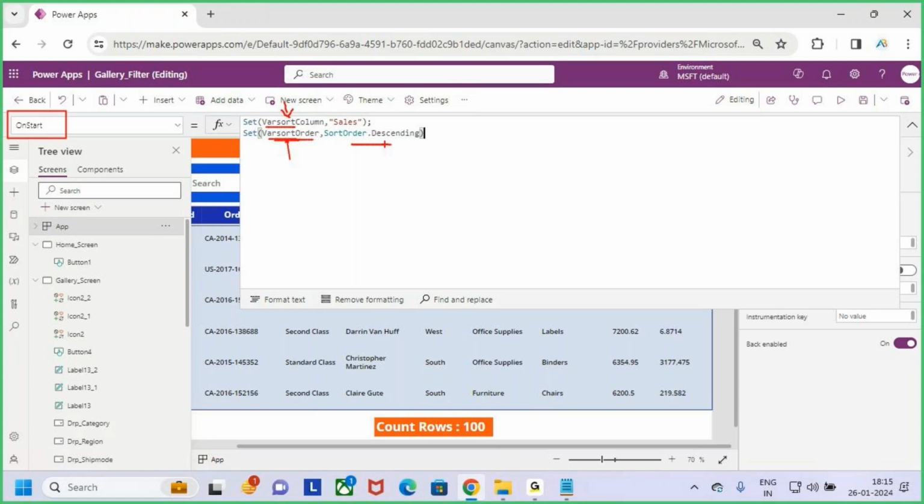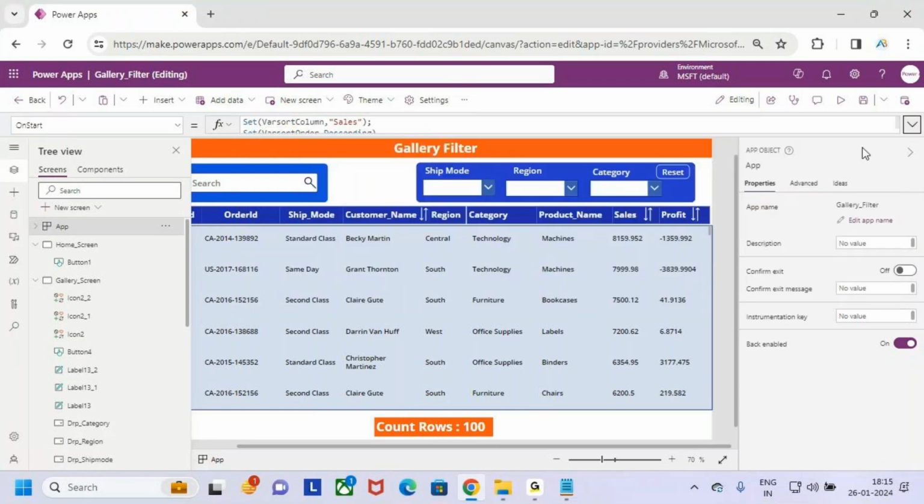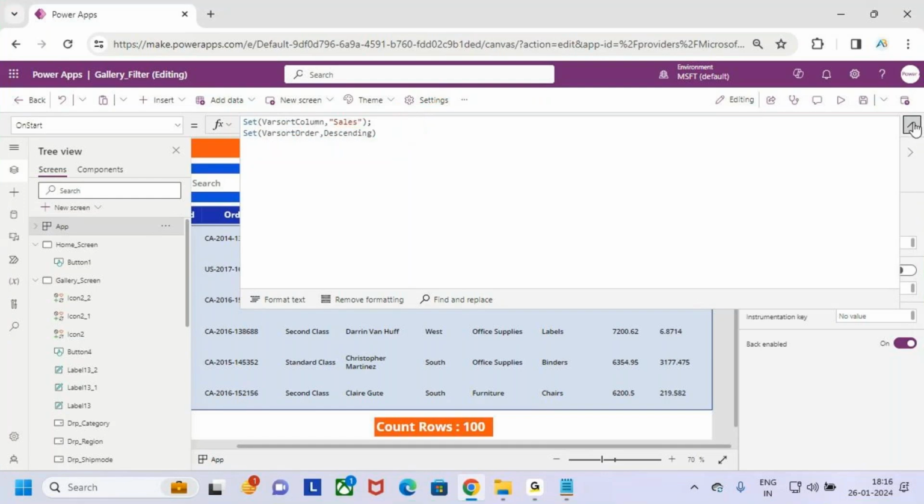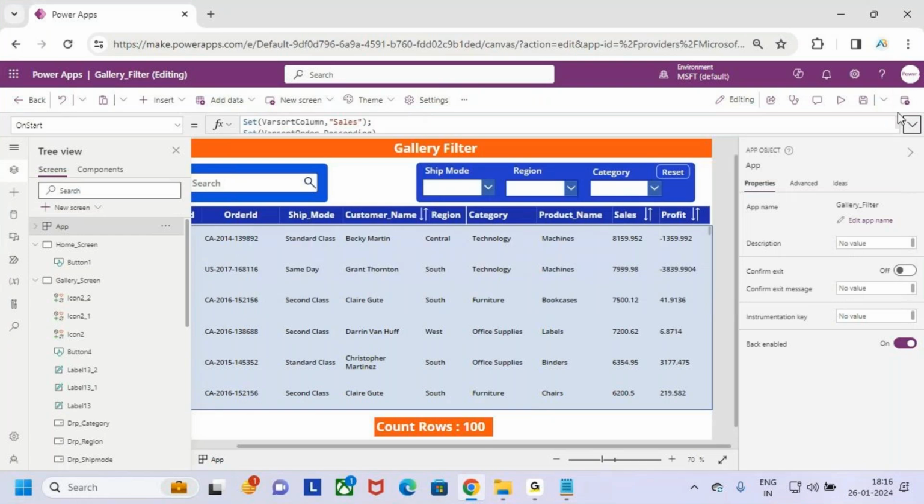Descending order. Now what I'm doing here is, whenever I open the app, it is going to initiate these two variables. It is going to declare the two variables. In the where short column, it is going to add the value as sales. In the where short order, it is going to keep the order as descending order. Now once after declaring the variables,